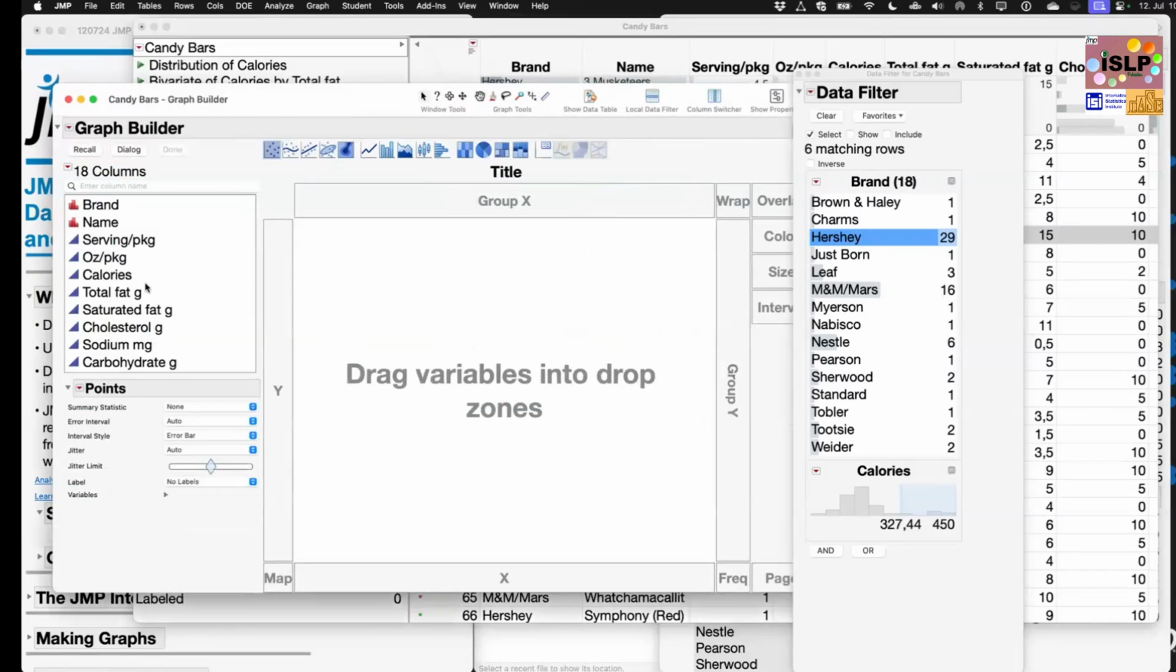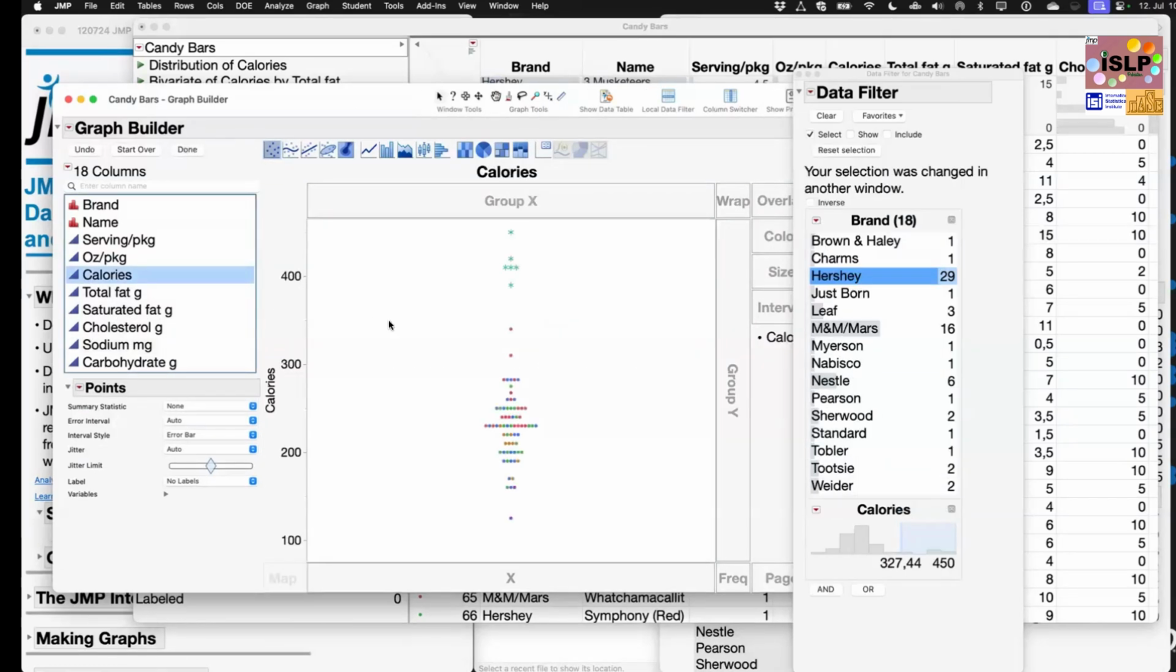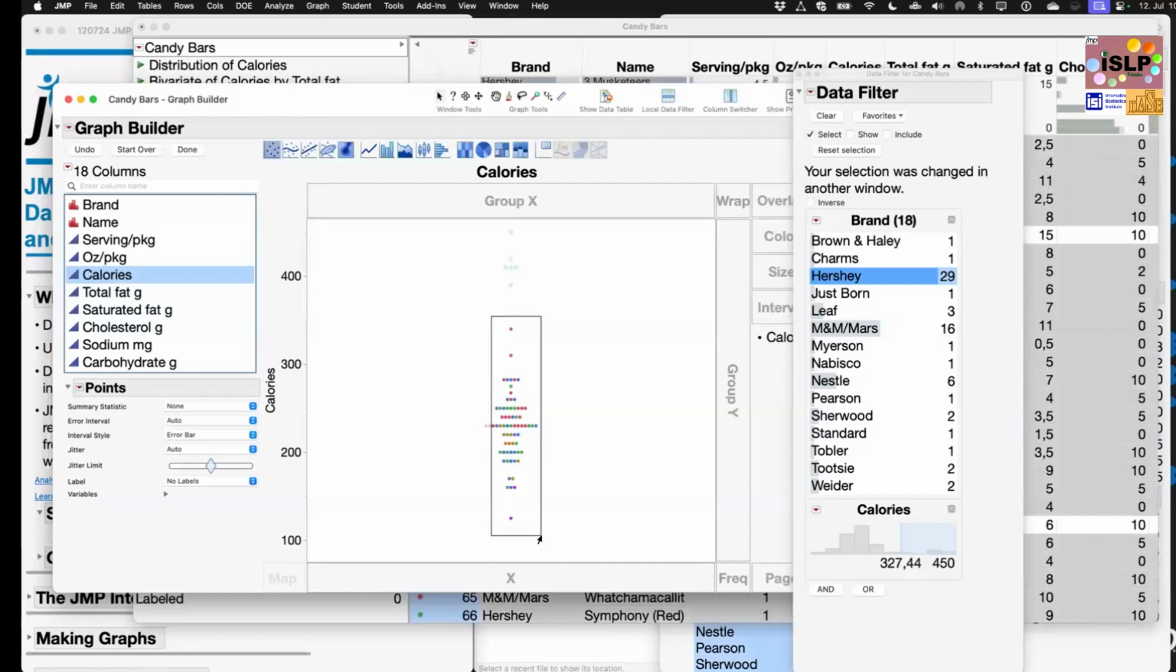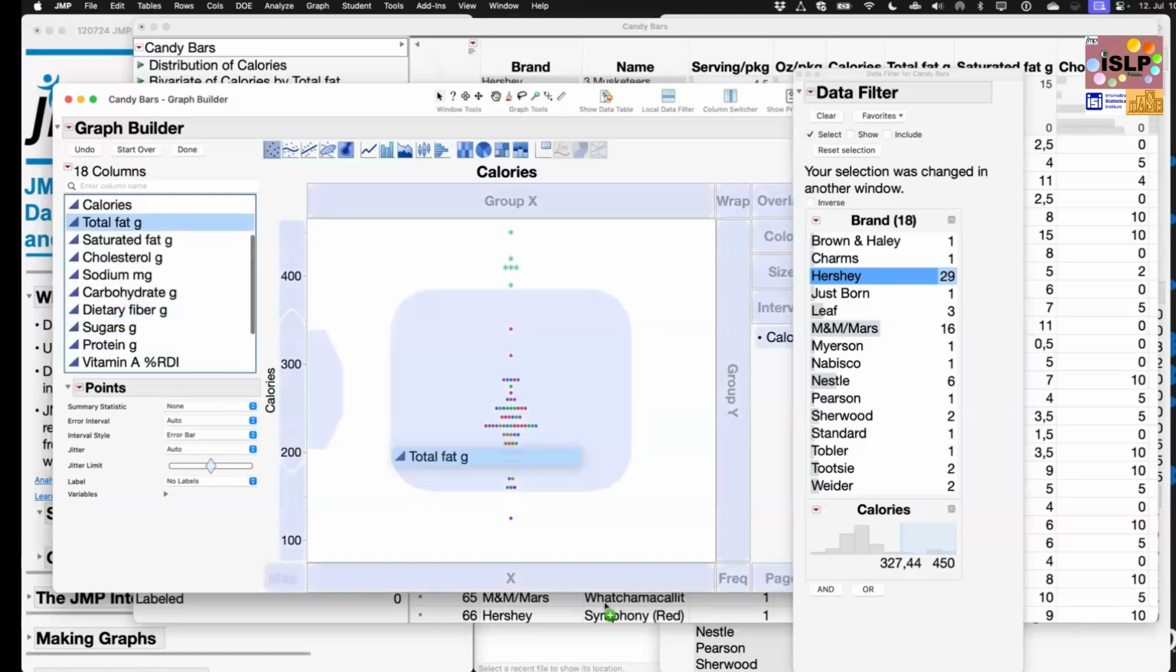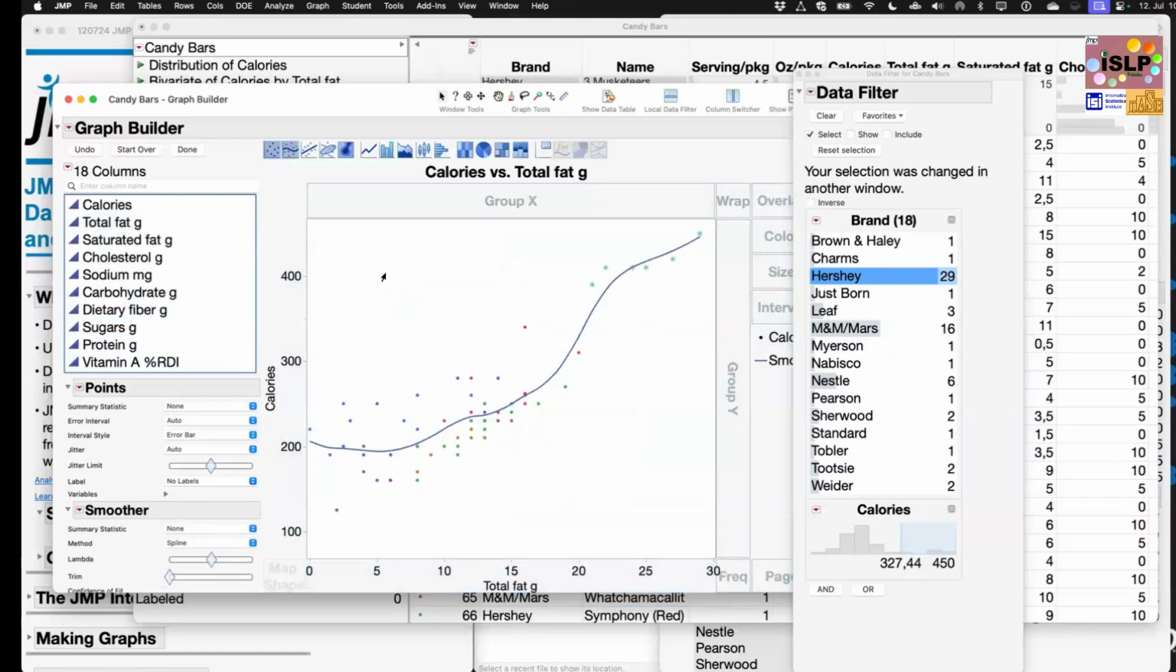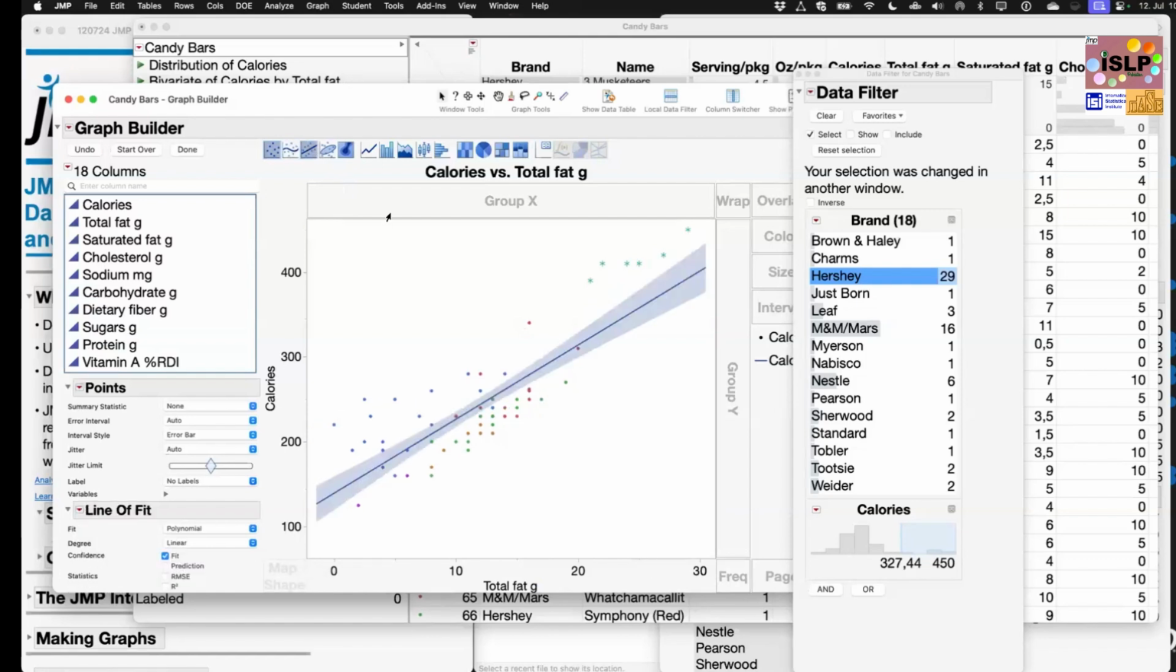So if we look at calories on the graph builder, calories, this is just one dimension, calories, and these are the 6. And you see they have different markers compared to all the other data points. And by total fat, if we add total fat here, so this is the graph builder, we still see that we have